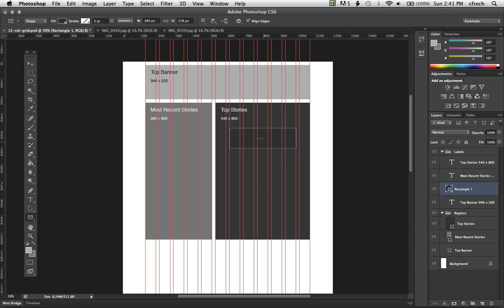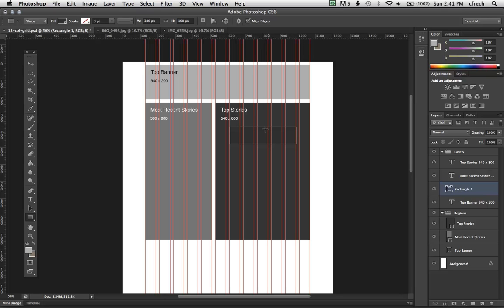And we can always do Command T to go into free transform mode. Make sure that our width and our height are what we want. Let me change the height to 100, and I'm going to change the registration point on this, and I'm going to make the Y position 380. Okay. So there I have a subregion within my larger region,